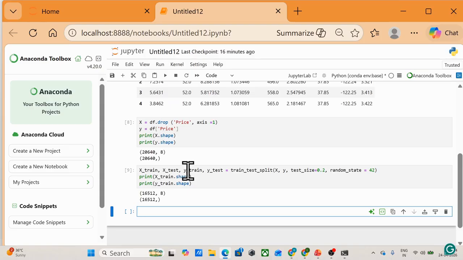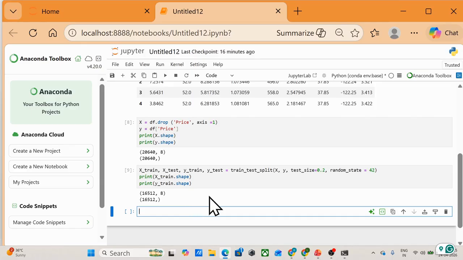So you can see over here we have split the data set into training and testing set. 80% of data is used to train the model and 20% is used to test the model, so that we can see the performance on the unseen data. This helps us to ensure that our model generalizes well and it is not just memorizing the training data. Here you can see we have 16,512 training samples, and